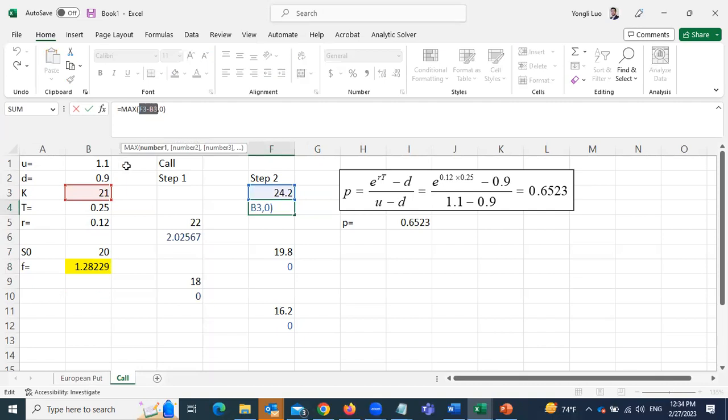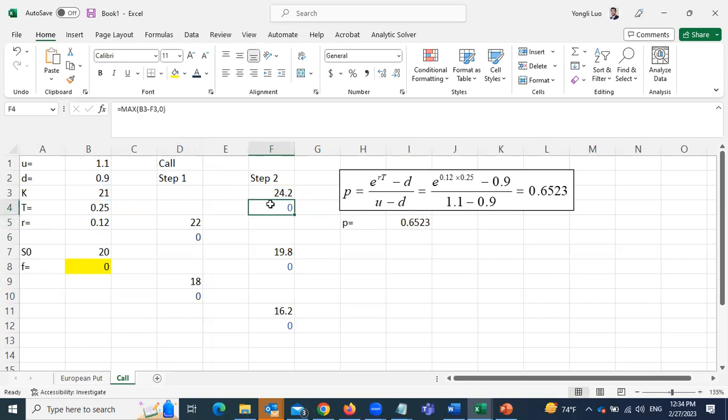Okay, the put option is going to be the strike price minus the current market price and 0. So which one is greater? You choose that one. Okay, so you look at the formula, this is for the put option, the strike price minus the